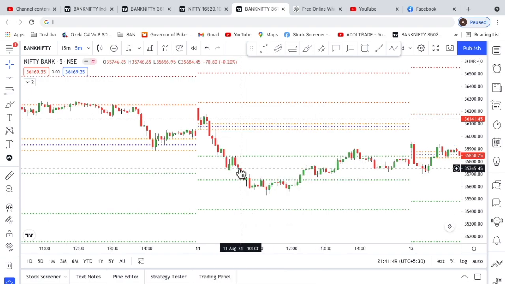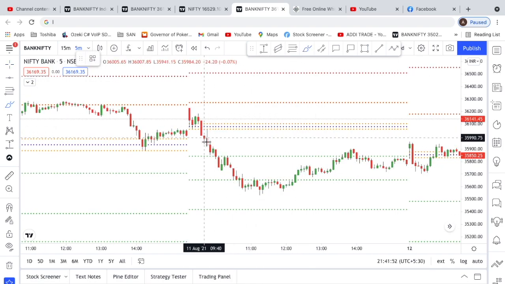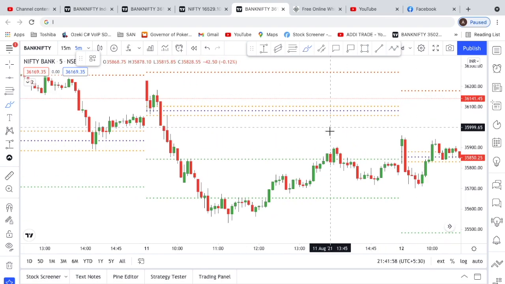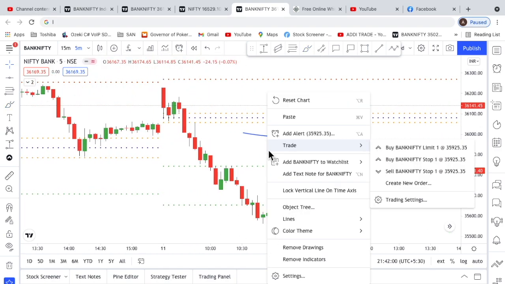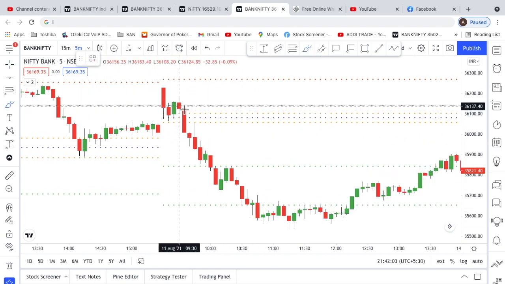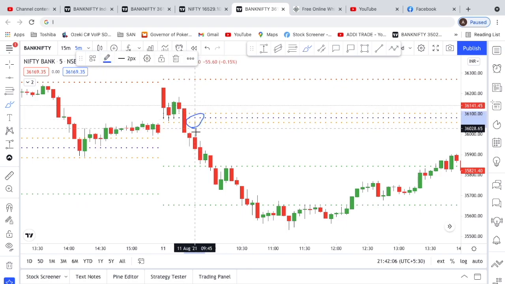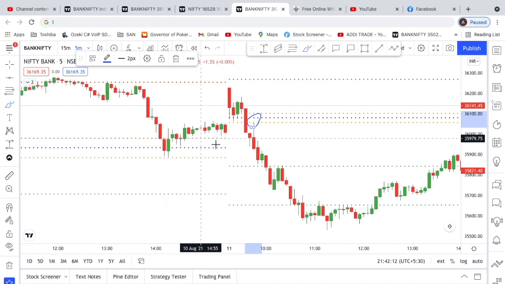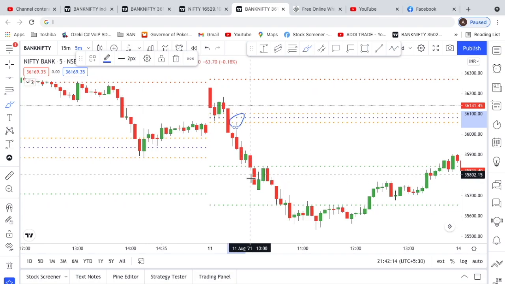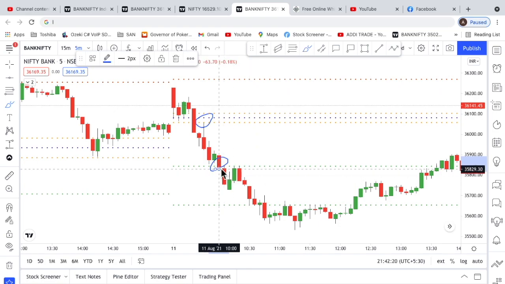So we waited. The moment the market broke this pivot and retested over here, let me mark everything so it's very clear. The moment we broke this pivot and retested over here, okay, we shorted. We bought 36,000 put and we held the put and booked some profits here. Okay, we carried, like, say I shorted about 10 lots, sorry, 8 lots, 200 quantity. I booked almost 6 lots profits here, and the way we fell, I was kind of expecting we would go